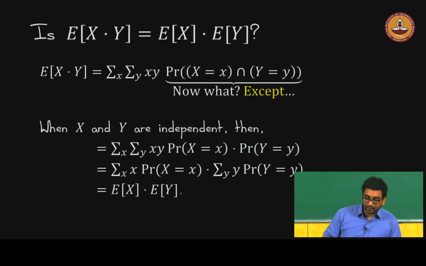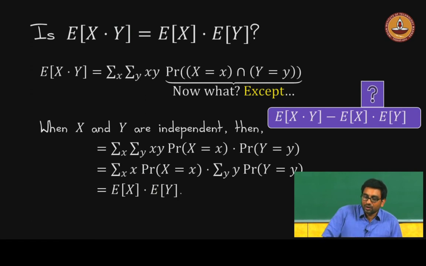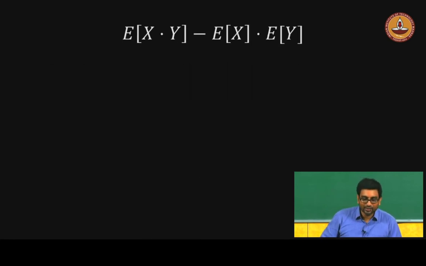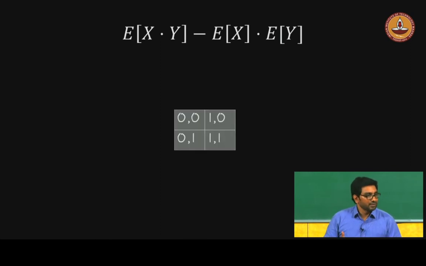But nevertheless, this covariance actually has some meaning, because if it is independent it is equal. What if it is not independent? There is some meaning to it. So, the best way to at least get some sense of it is to actually work out some examples. So, let us take two random variables, let us say they are outcomes of coin tosses, and 1 if it is heads, 0 if it is tails, or something like that. Okay. In this case,